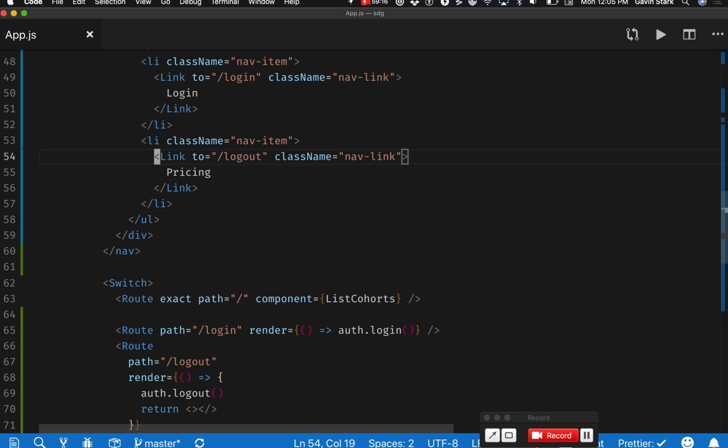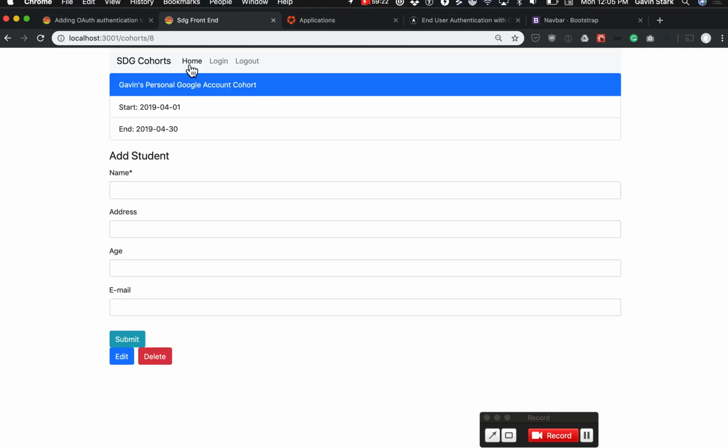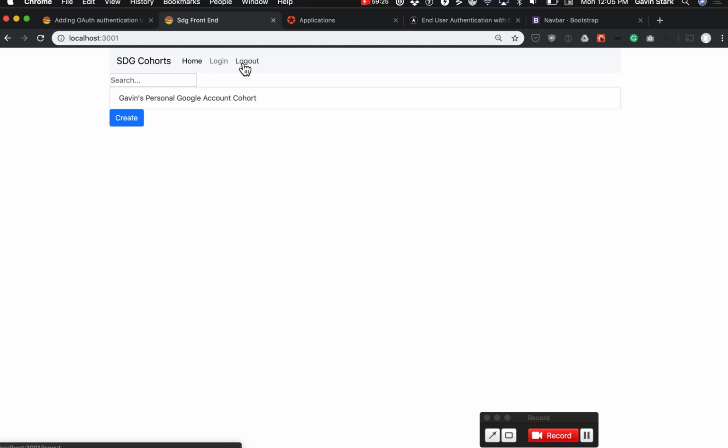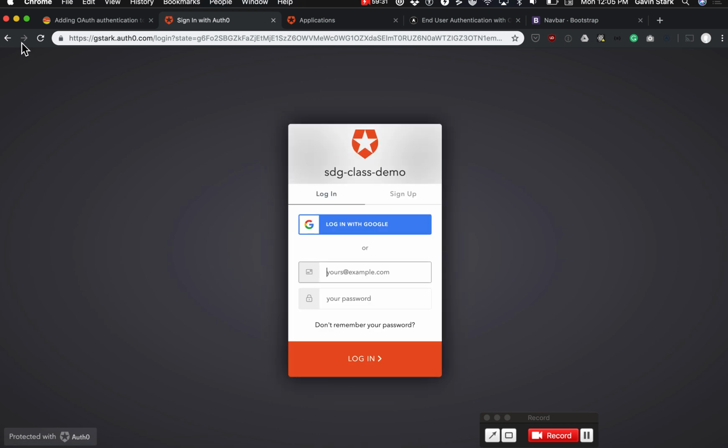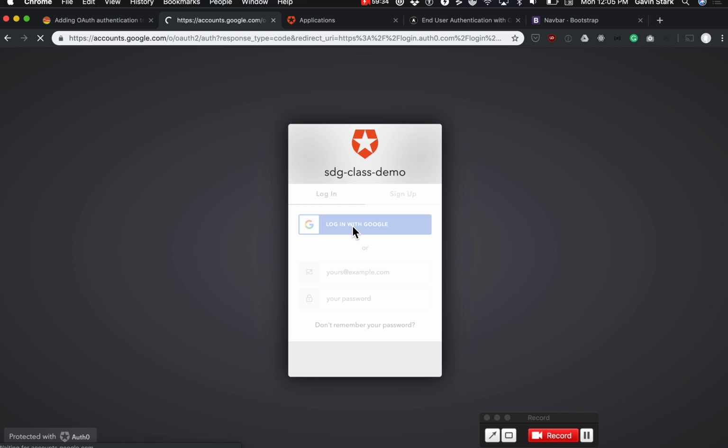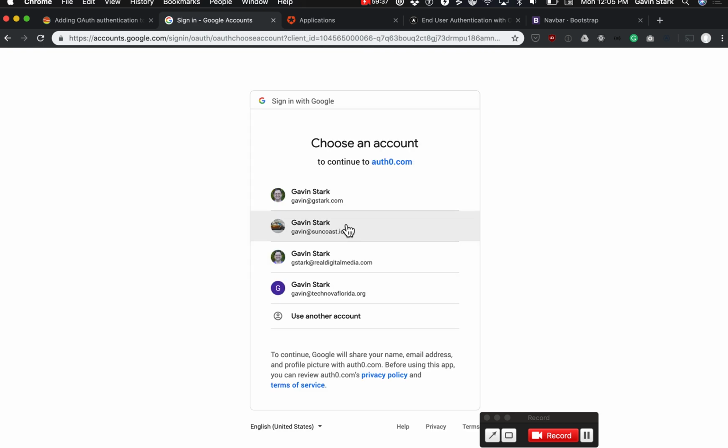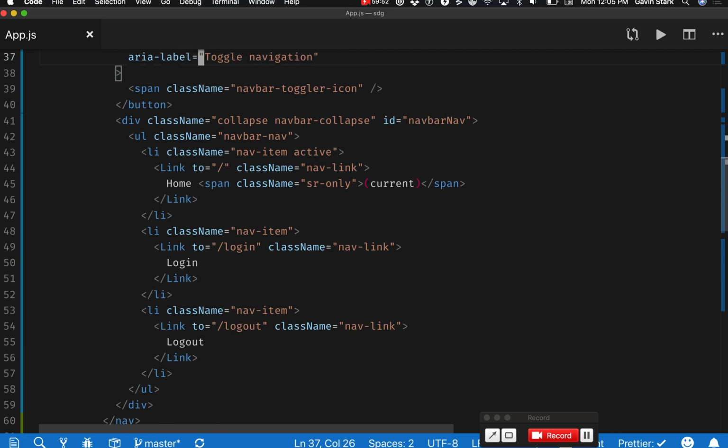Logout, for parsing? Oh yeah, logout. Right. So Home takes me home, and logout should log me out. Login should log me in. So do you think we all need nav bars? You need some login and some logout button somewhere in your page. Right. So the problem now is once I've logged out, it's still showing me information because it did not send me back to the home page this way. So let's add something here to only show me login if I'm logged out and logout if I'm logged in,